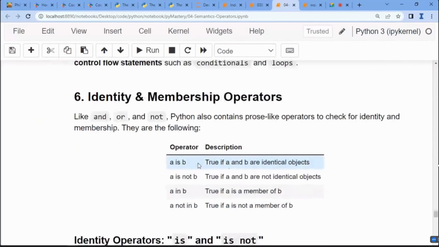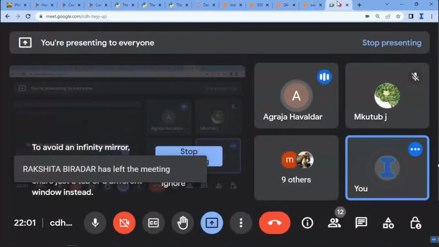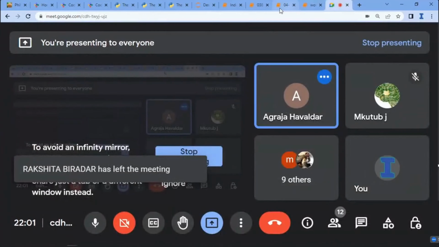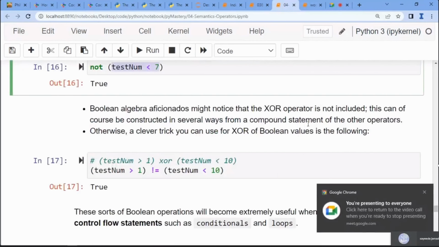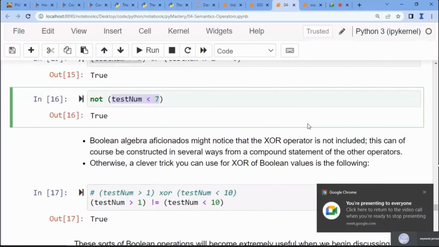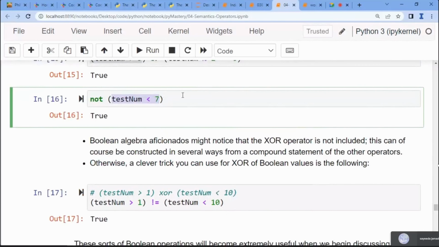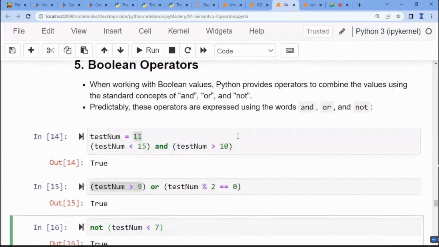And then there is identity or membership. Okay. Excuse me, sir. Yeah, yeah. Go ahead. Sir, can we say both the comparison operators as well as the Boolean operators are the same? No, they are not the same. Why? Because